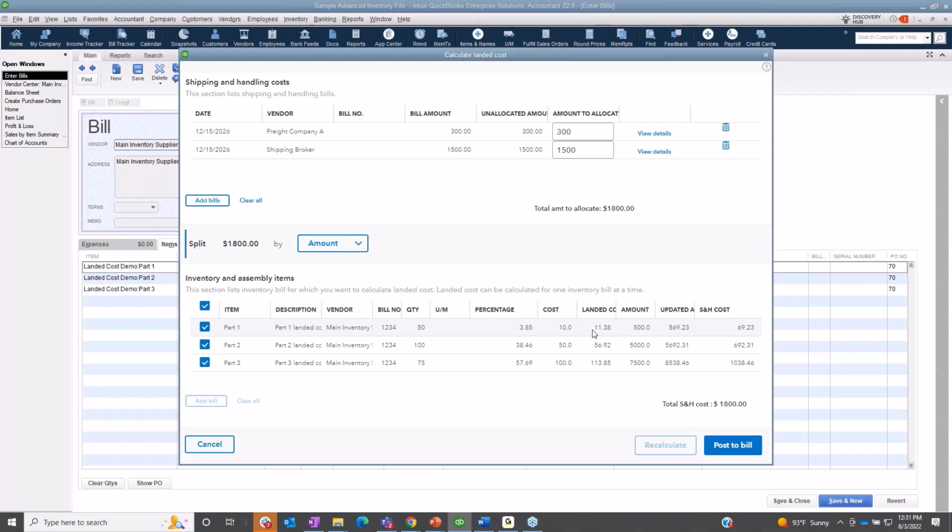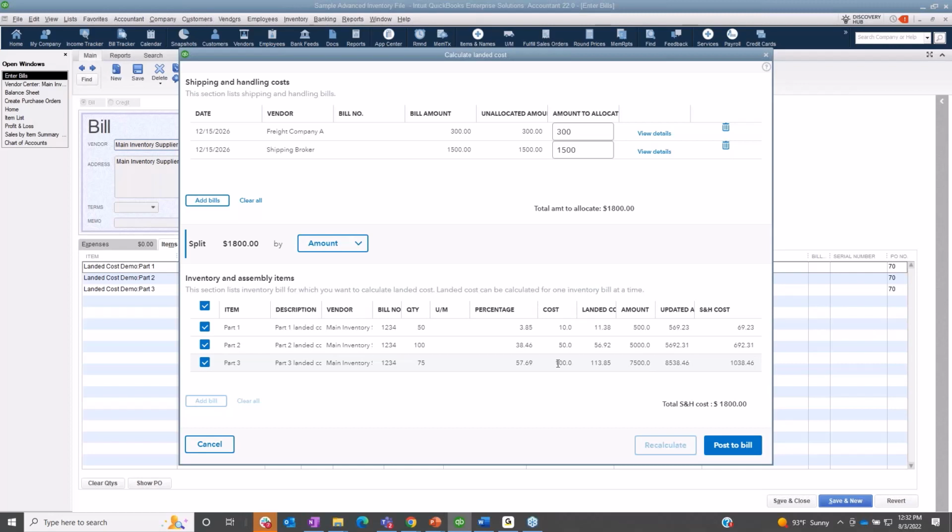So if we were to look at the inventory valuation summary right now, and I don't think we can get there with this screen open, we would see that the value of these 3 parts would be exactly as it's stated. It would be $13,000, because that right now is all the information that QuickBooks has. So its average cost is exactly the cost that it has, and